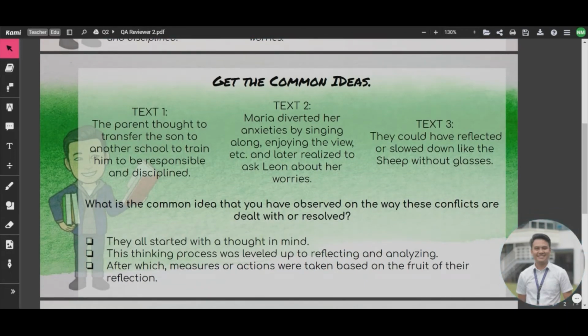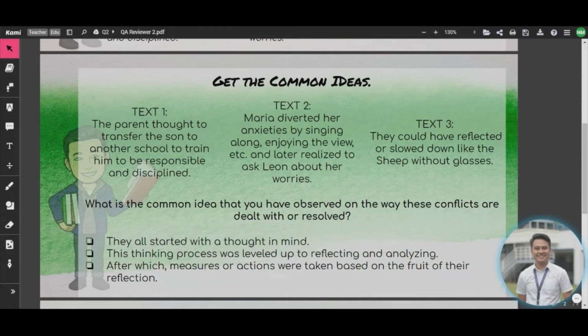So for text number 1, the parent had to go through a tough decision-making process for him to realize that it's better for his son to be transferred to a distant school. Again, that's for him to be taught the values of responsibility and self-discipline. It's a tough sacrifice for the parent to do that, but that didn't leave her any choice but to resort to that kind of decision, because that's what she thought is the best and most helpful decision in order for his son to grow